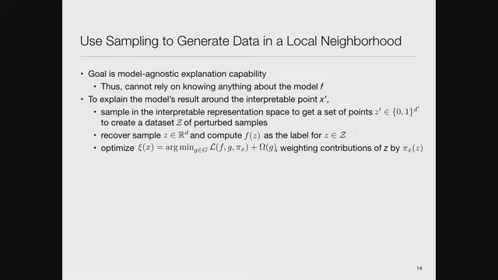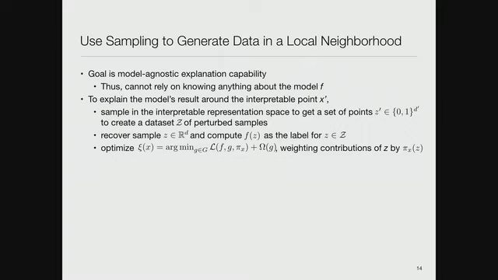Now, the clever idea here is to say, instead of using all of the data that we started with, what we're going to do is to sample the data so that we take more sample points near the point we're interested in explaining. We're going to sample in the simplified space that is explainable, and then we'll build that G model, the explanatory model, from that sample of data where we weight by that proximity function. So the things that are closer will have a larger influence on the model that we learn.